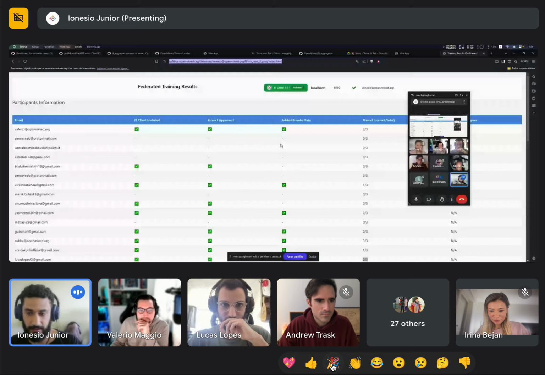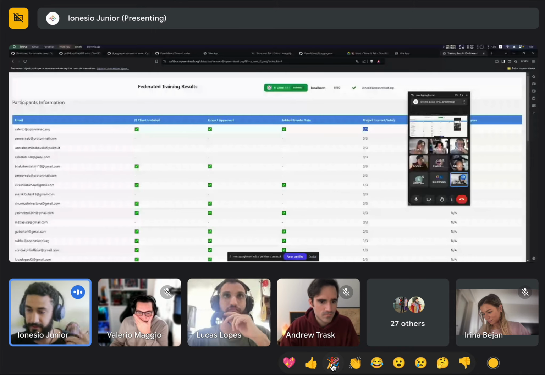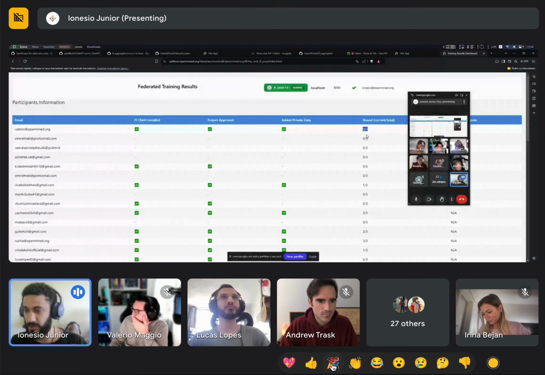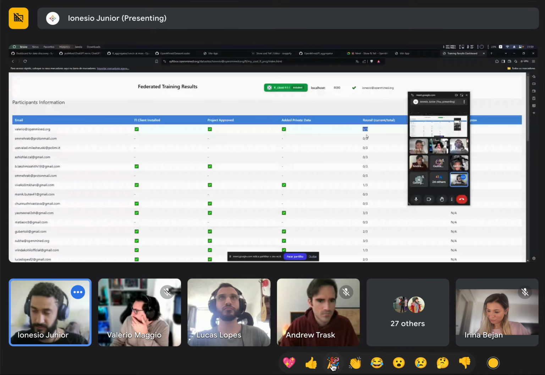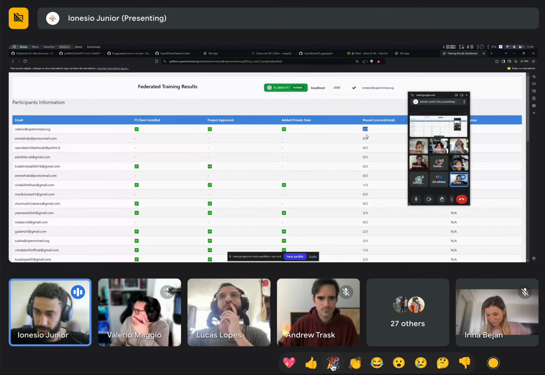As you can see, a few people completed the whole round. The rounds work in a way that the model is aggregated, then sent back to each peer, so they can use this new model to train again on their datasets.